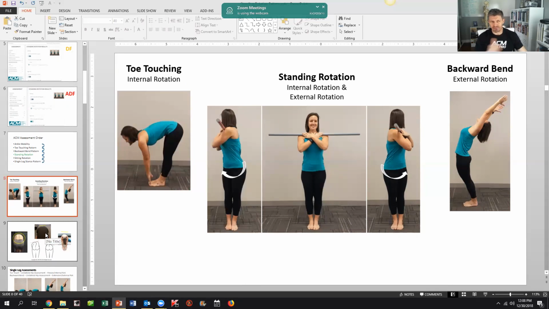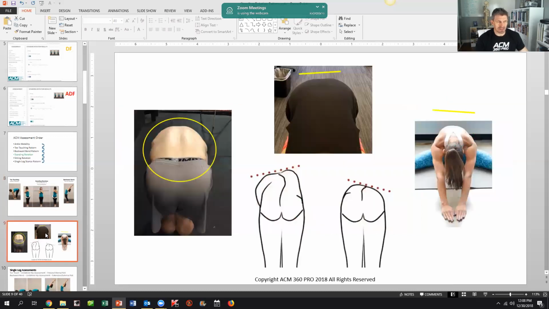And we're going to talk about how to differentiate internal external rotation. We're going to get into a lot of that here in detail. But I'll tell you one thing this assessment does: it starts to give us a clear answer as to the asymmetries we talked about in the toe touching or the backward bend pattern. The toe touch pattern is looking at bilateral symmetry of the body moving into flexion, but you will find people that have asymmetries in that pattern from this frontal view,